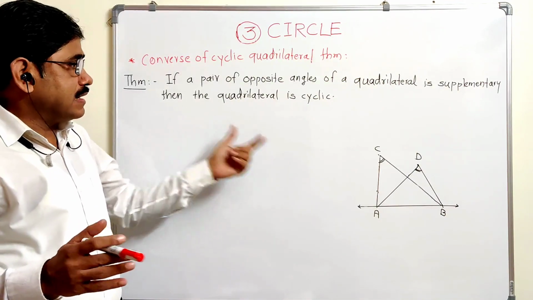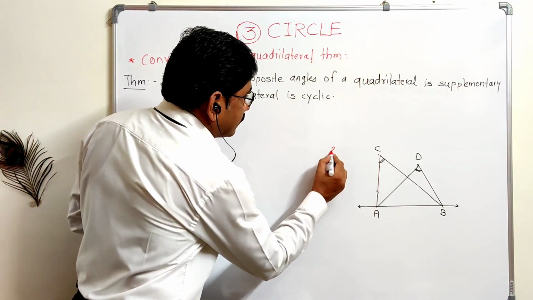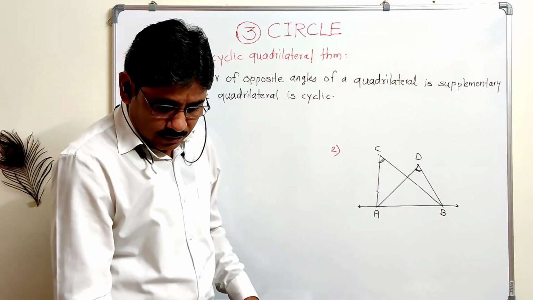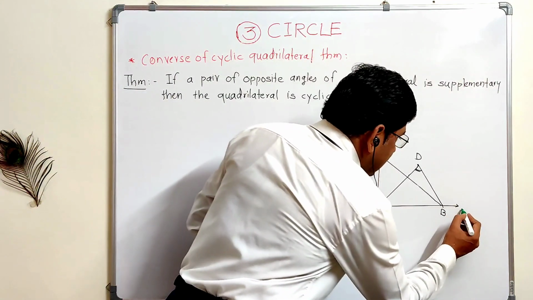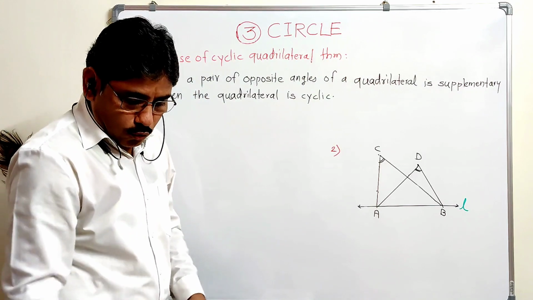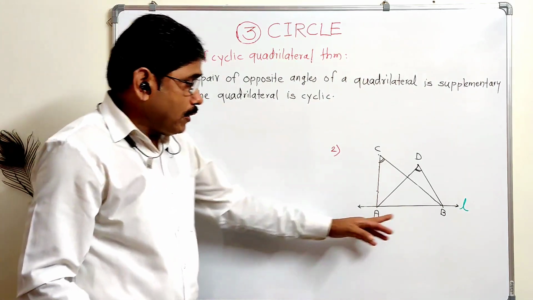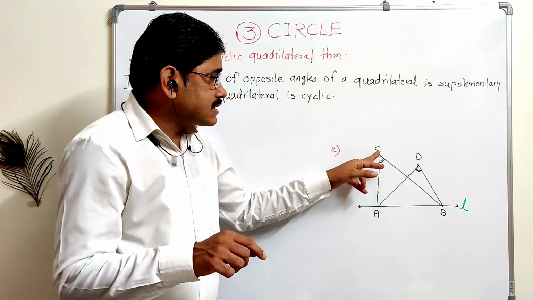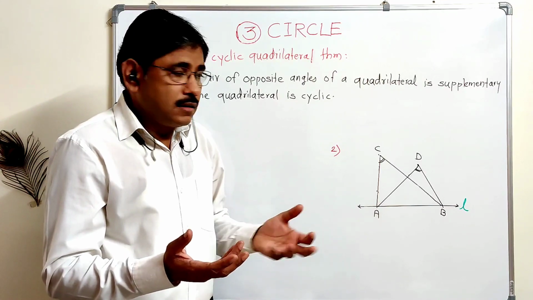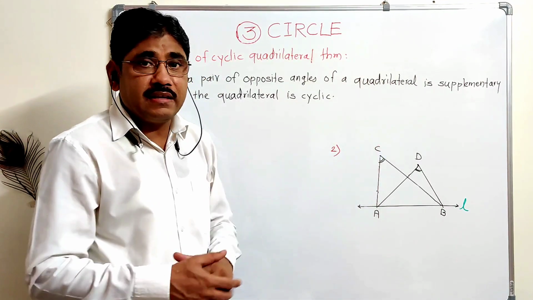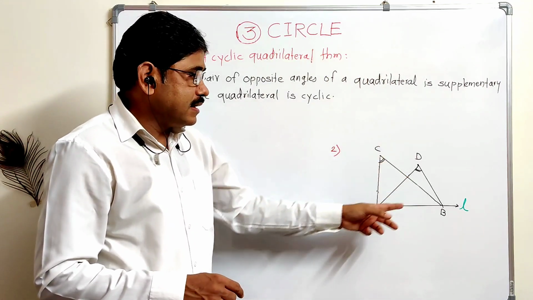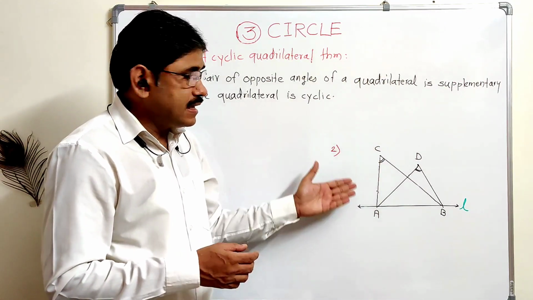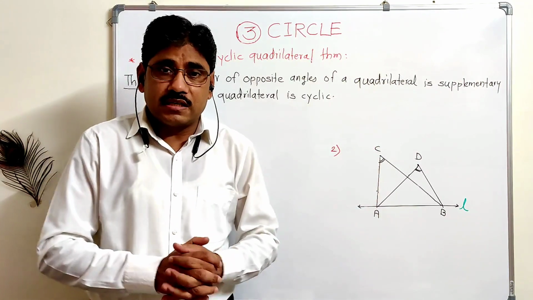This is one, and now the second point. Here 2 points are on line AB, which we call line L. A and B are two distinct points on line L. If 2 points on one line subtend congruent angles to the other 2 points C and D, then we can say that A, B, C, D are concyclic. That means the 4 points are concyclic, and quadrilateral ABDC is a cyclic quadrilateral. So this is the second condition.